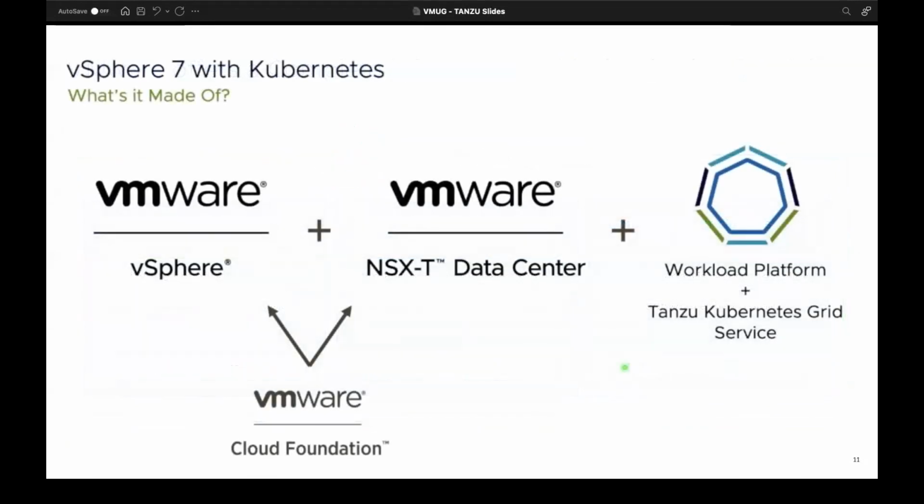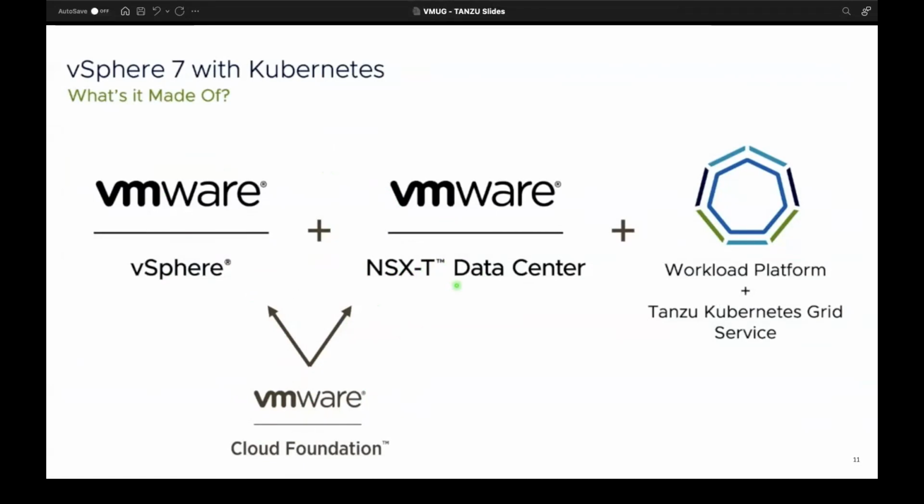So starting with vSphere 7 with Kubernetes, this is the most basic version of Tanzu. What it's made of is we need vSphere, and we need NSX-T Data Center, which is managed by VCF. It's not mandatory with 7.0 Update 2 and above, but it's good to have NSX-T because it gives you the whole stack of networking that you need in Kubernetes.